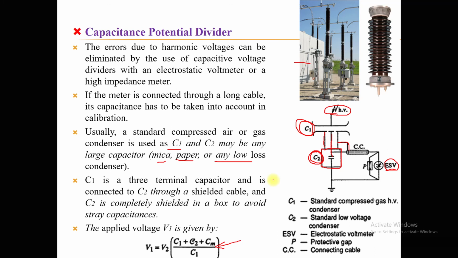In the next lectures we will see the methods which can provide complete isolation between the high voltage source and the person handling those devices, as well as isolation between your metering equipment and the high voltage source, which is not feasible with the methods we have seen up till now. So this is all about the series resistance micrometer method, series impedance voltmeter, resistance potential divider, and capacitance potential divider. Thank you.